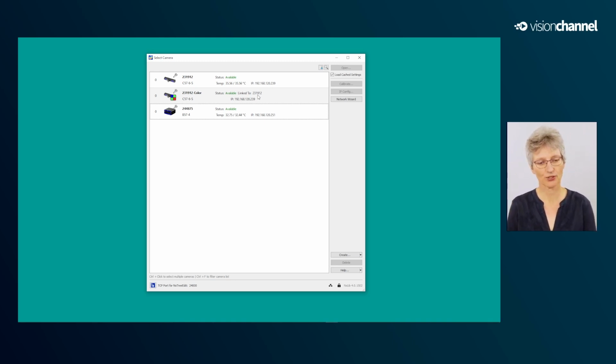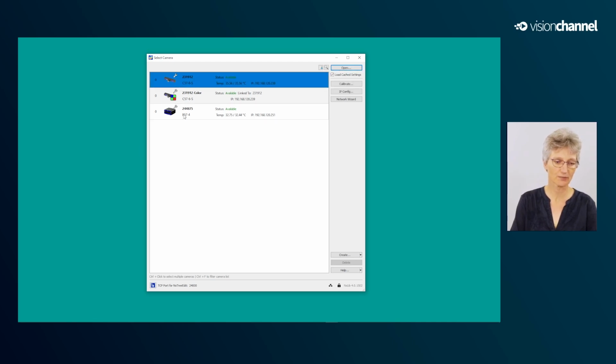And the result is what you can see here for the color. The color camera from the NSenso C is linked to the stereo camera of the NSenso C. What we now want to achieve is a link between the stereo camera of the NSenso C here and the stereo camera of the NSenso B. So it's only a stereo camera. Okay, let's select both stereo cameras. I use the control button and click them, and then I open them in the calibration wizard.